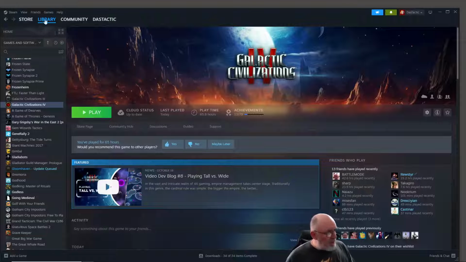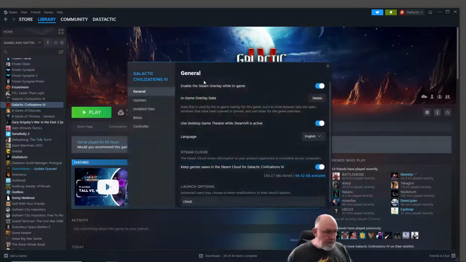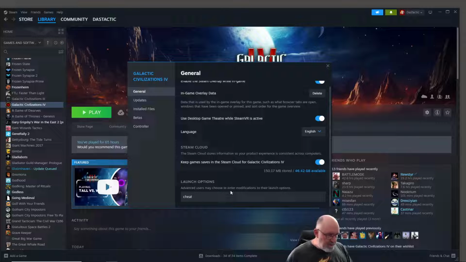Just go to your Steam library where you've got GalCiv 4 on the left hand side. Right click on it and go down to properties. That will then bring up the general tab. You can go through different tabs as well, but launch options are down the very, very bottom. All you need to do is add the word cheat in there, and then you can use the tilde key and put in whatever cheat codes you want